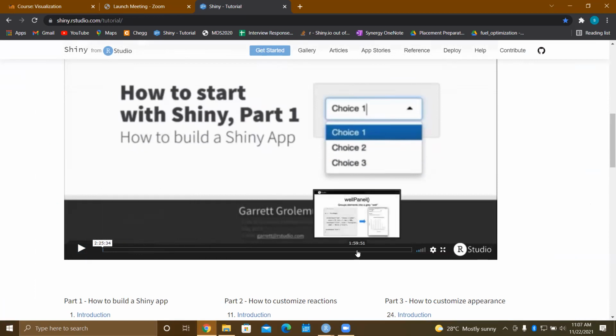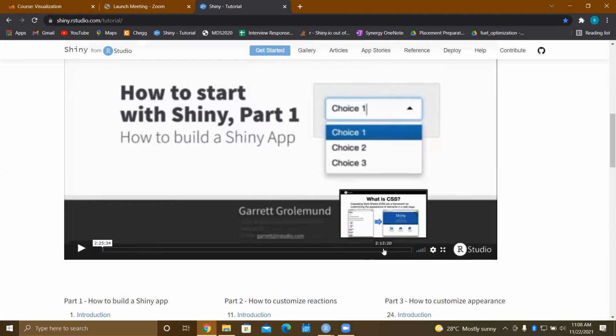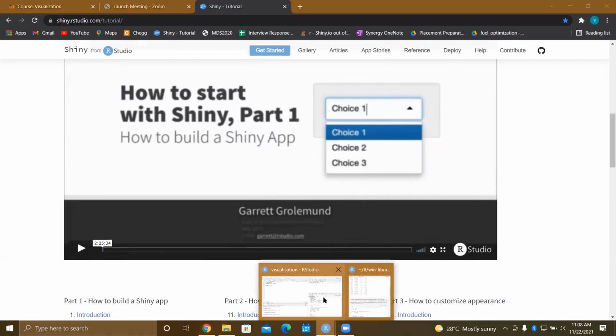In the next 50 minutes, it's a guide on how to change the UI, how to make it beautiful, with HTML and CSS, which we don't need right now. The basics are much more important. You can develop yourself afterwards.